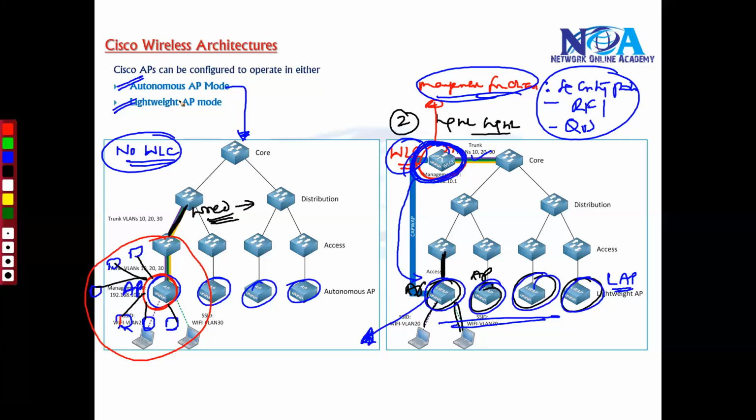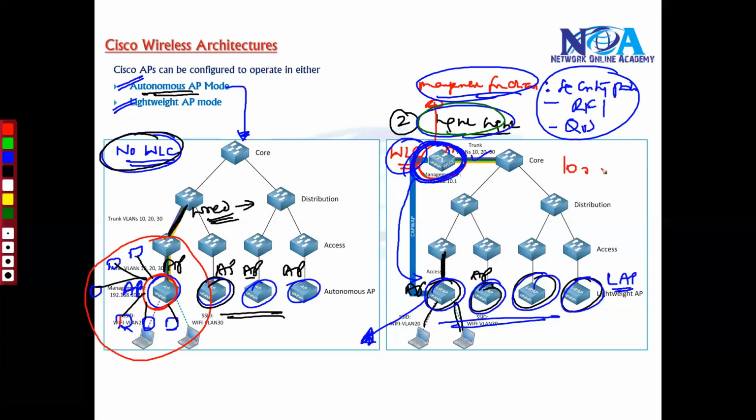Whereas when you come back to this autonomous access point mode, now here there is no WLC, which means the individual access point will do all the jobs. So every access point will do the actual forwarding job. At the same time, management related jobs are present on each and every access point. So most of the time we'll be going with the second option, that is lightweight access point mode, because technically